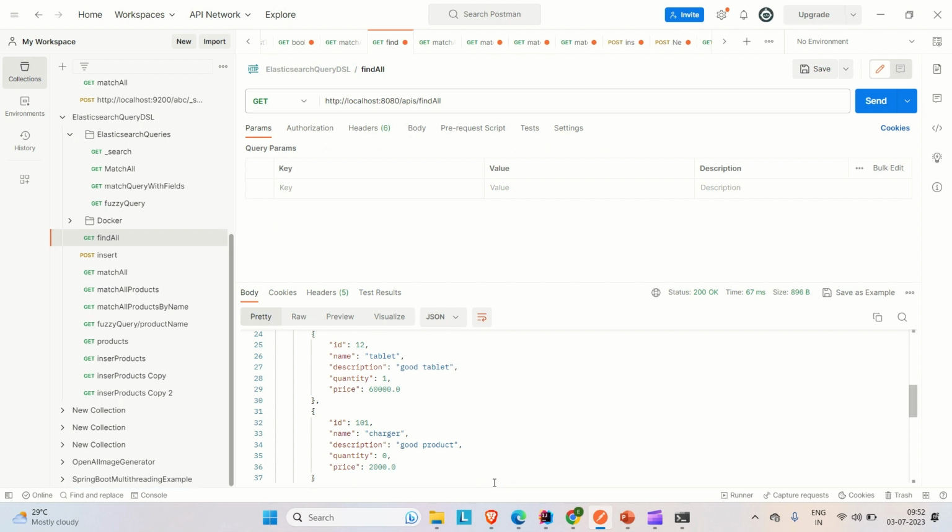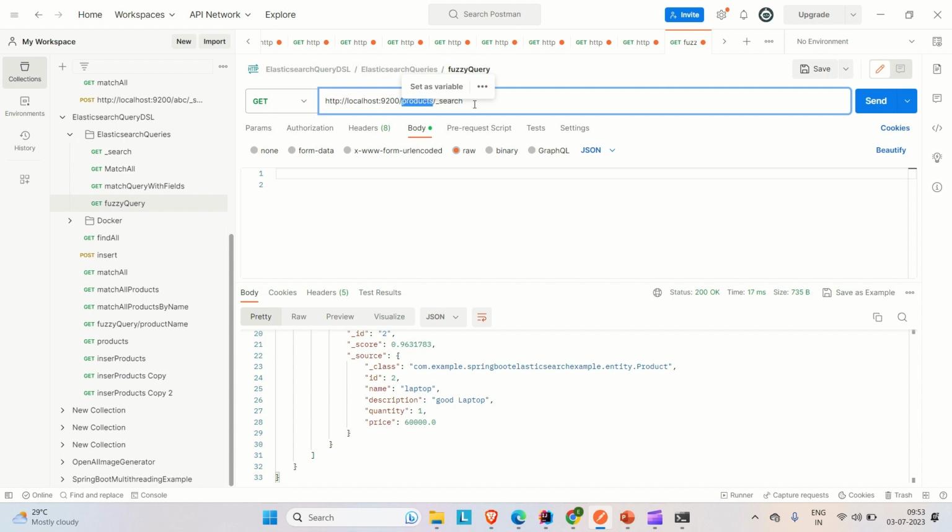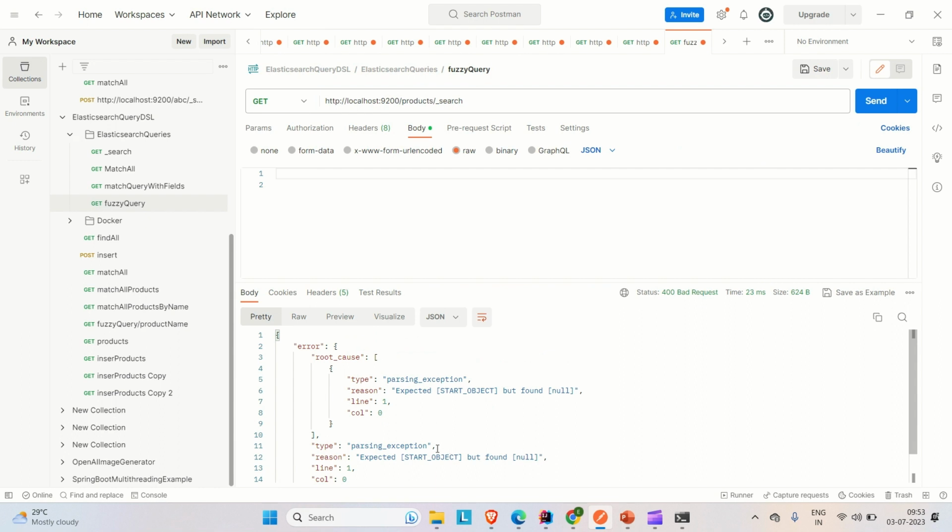Now let me try to implement the fuzzy query. Before implementing the fuzzy query, let me try to hit the fuzzy query in this index, the product index that we have created. So we'll go there. You can see, let me remove this first, and here you can see we have Elasticsearch up on port number 9200. This is the index that we are going to hit, and we are going to search out of this index. If we hit this API, you can see, okay,